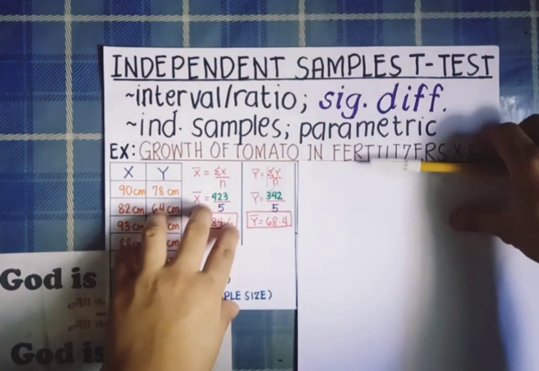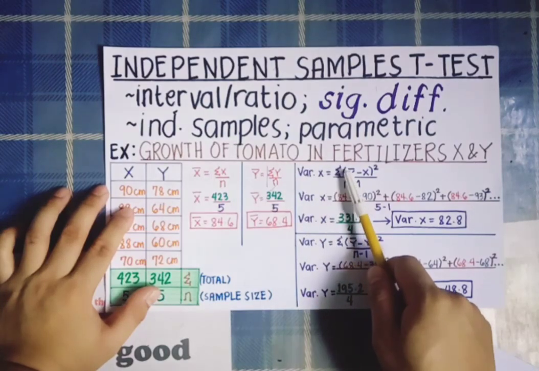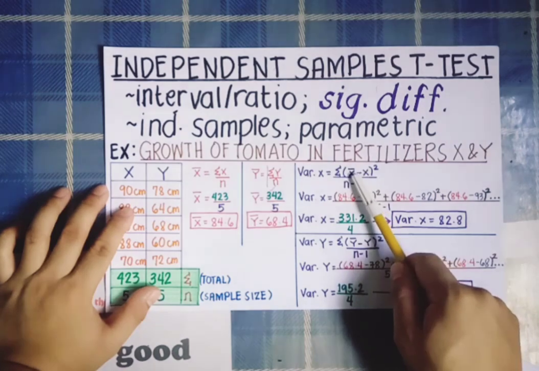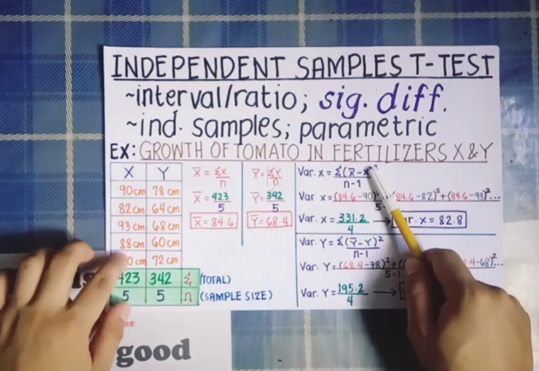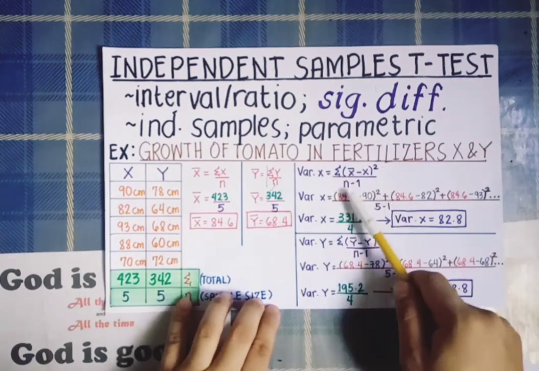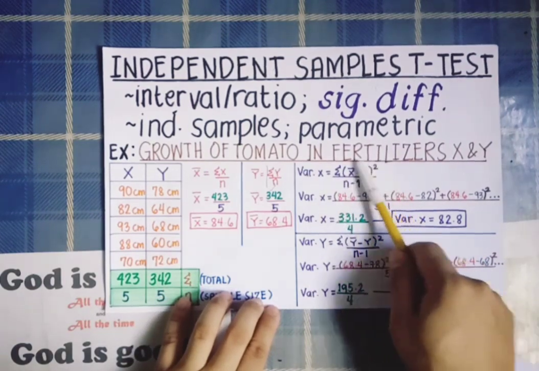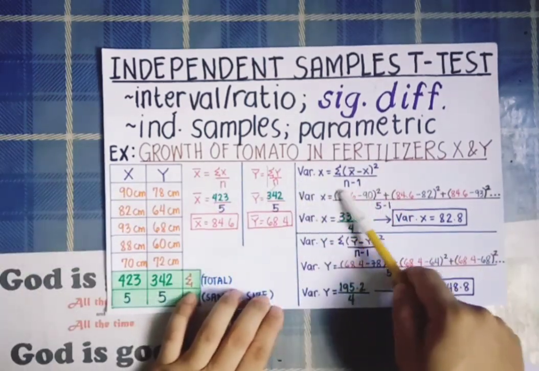Now for the variance, we have here variance for X is equal to the summation of the quantity mean for X minus the individual data for X, squared, over n, which is the sample size, minus 1. If we are going to do this, or substitute our values from this equation, then we can have